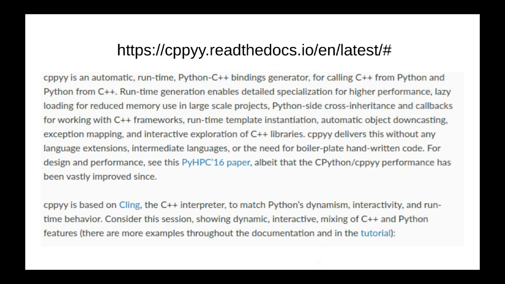Now, when I first looked at this project, or was looking for something like this, I have never, when looking at code, ever, including interpreters, found something quite like this project. Blew my mind that an option like this existed, where you could embed Cling into Python.